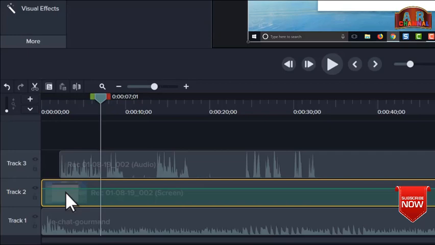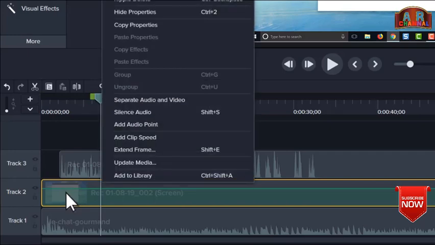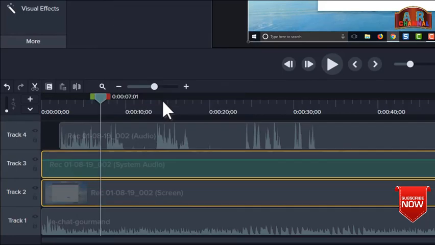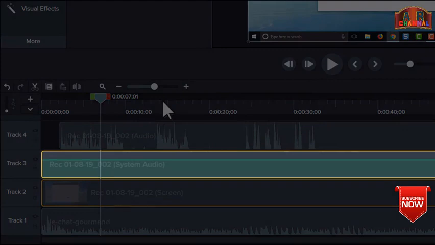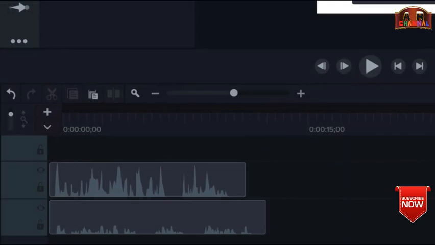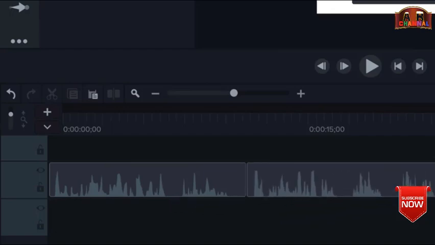To edit the system audio, I recommend you right-click the clip and select Separate Audio and Video. This makes the system audio its own clip on the timeline. Lastly, as you add audio to a project, Camtasia automatically adjusts the loudness to an industry standard level. This means all audio clips in a project start at the same loudness before editing. Well,